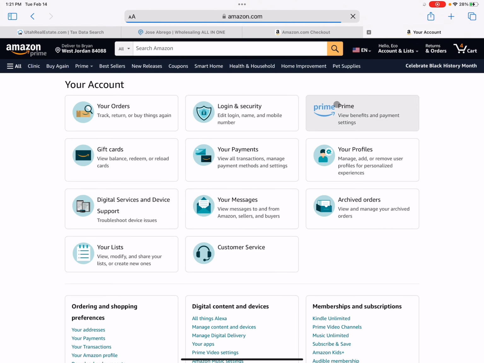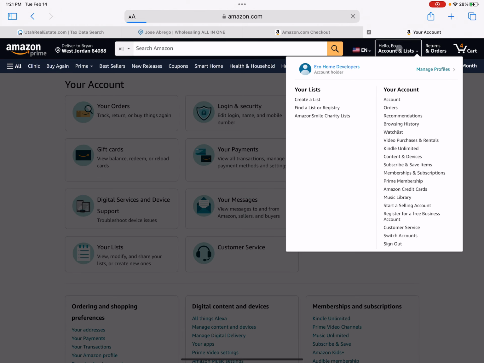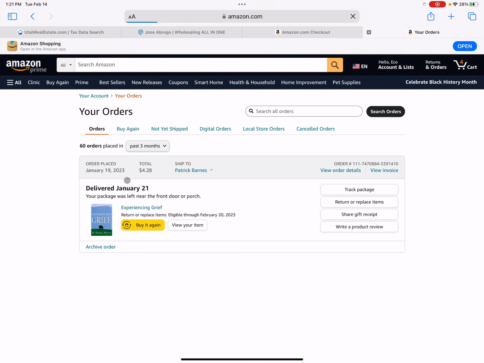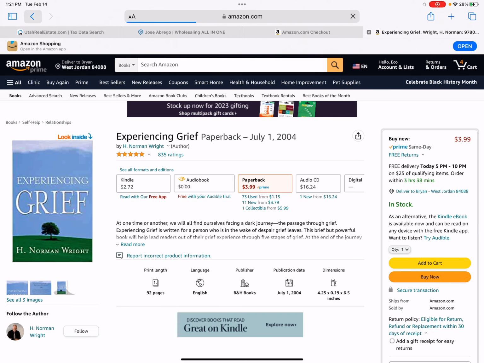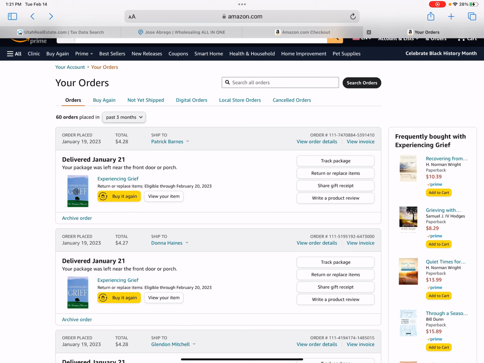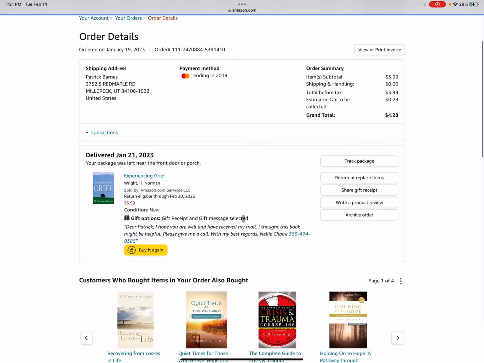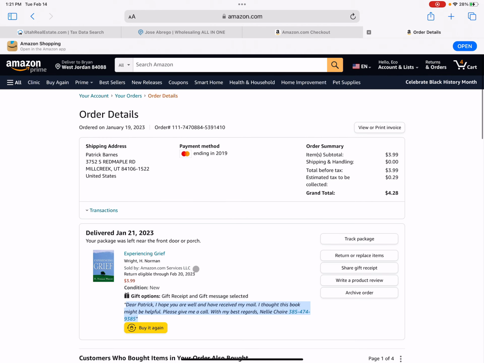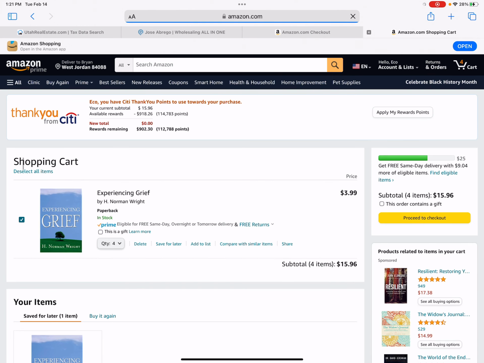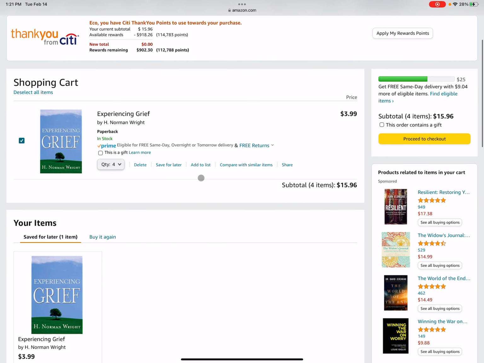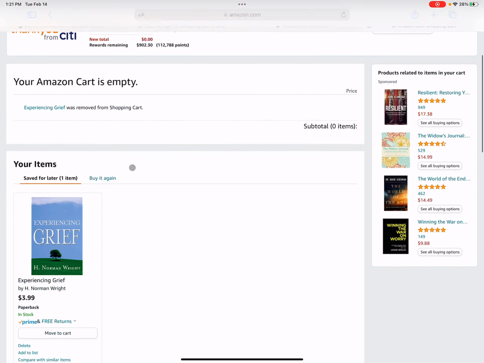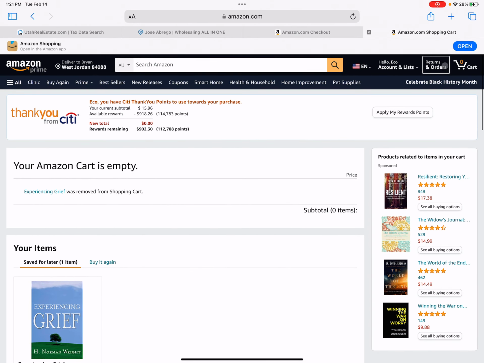You'll go to your orders, so Eco Home Developers. When you log in, you'll do your orders, and then you will go to delivered. These are people we've already sent to, so you can do view order details, and it will give you the message that we sent last time. So you can just copy that from there and then paste it on the new ones. I am going to clear out our cart just to make sure that it's all clean, and that's